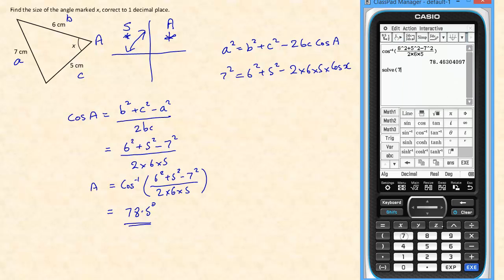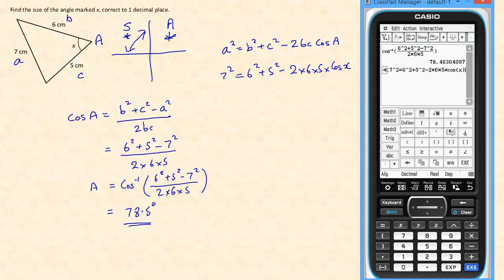And we have 7 squared is equal to 6 squared add 5 squared take away 2 times 6 times 5 times cos of x,